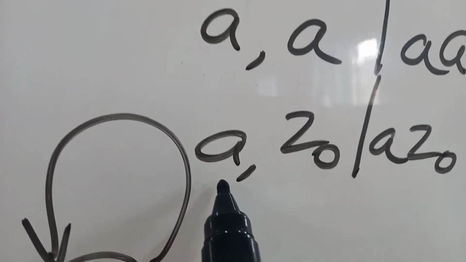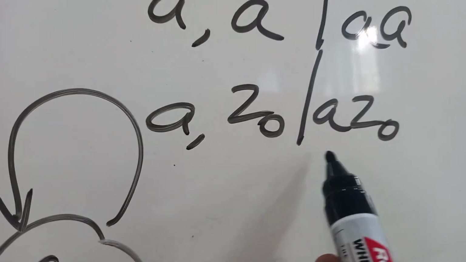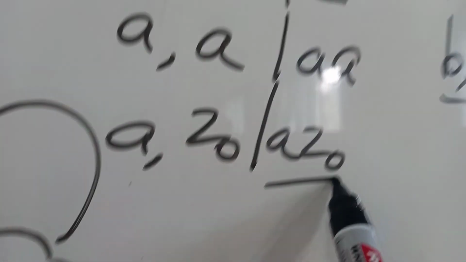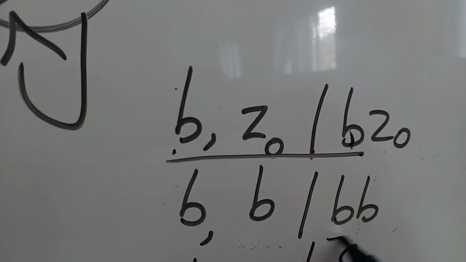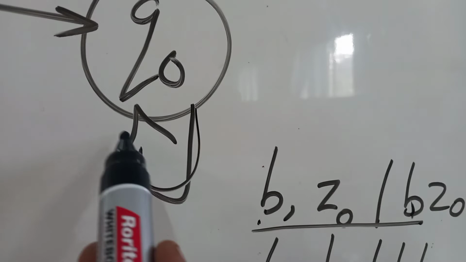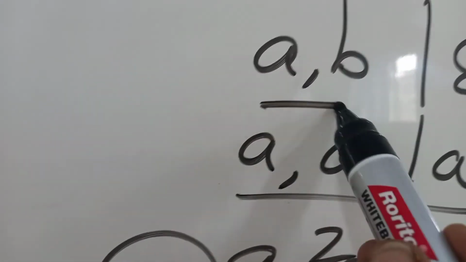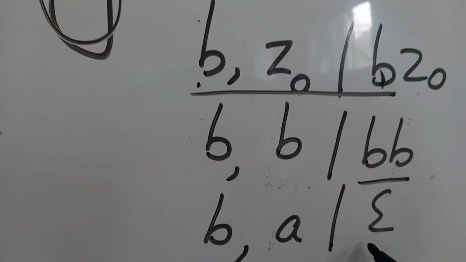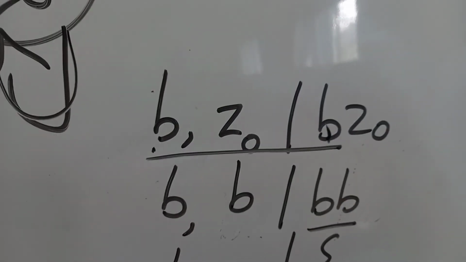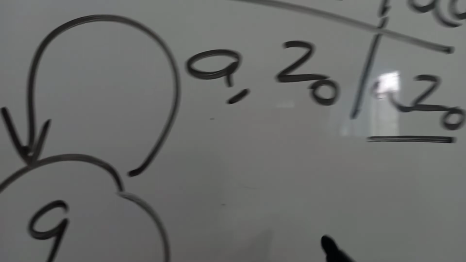Same for A. If the starting symbol is A, we just need to push that onto the top of the stack. And for more than one B, we need to perform the push operation, which can be achieved by using the self loop. Similarly for the A also. And for the different symbols, we perform the pop operation. So for the different symbols B and A, we have performed the pop operation. Okay. Now for the extra 1 A, what we need to do?